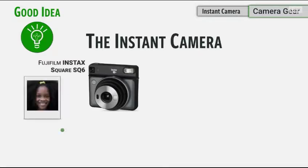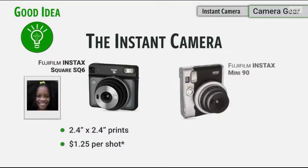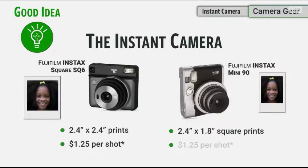Now, I guess a third option you can have for a camera, and this is one that Kenna has loved to bring, is the instant camera. And this is a way to make an instant connection with somebody, because it's one thing to talk to them, it's another thing to show them a photo on the back of the camera, but when you can give them a photo of themselves,